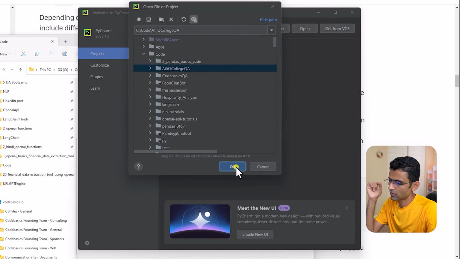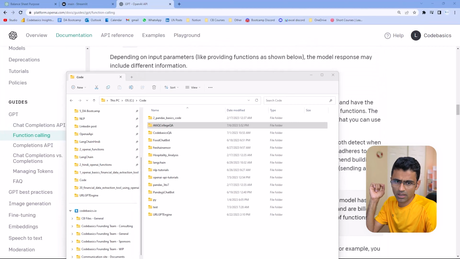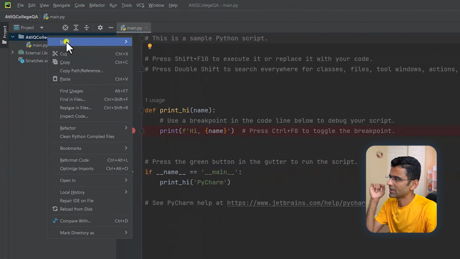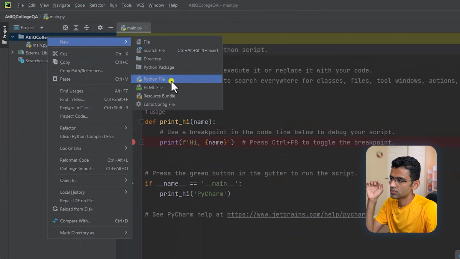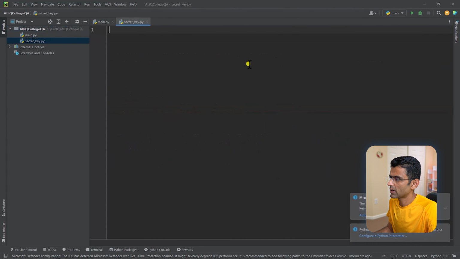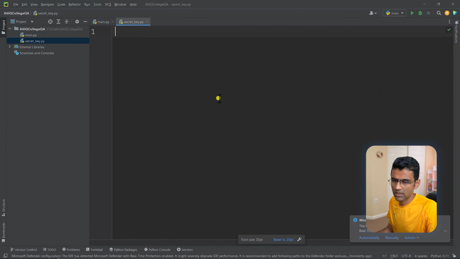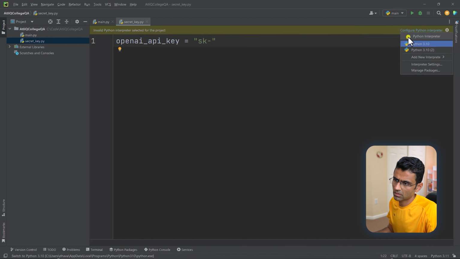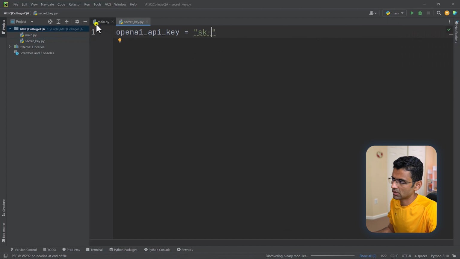Here I have selected the folder. I'll hit OK. And it's going to create an empty project. I will create a file to store my secret key. I will call it secretkey.py, where I will create a variable. I'll call it sk something, okay, and that will be my secret key.